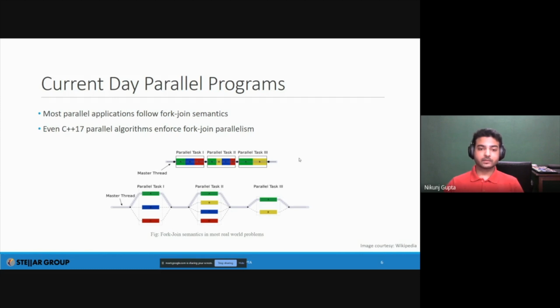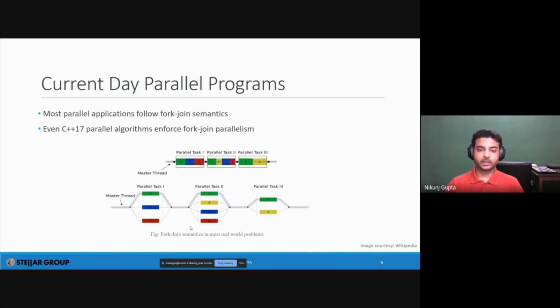Then what happens is it converts that code such that there's this master thread, and when you have that for loop that you want to parallelize, it parallelizes all of those tasks, and then once all of them have completed, it gets back to the master thread, wherein again you execute instructions sequentially.